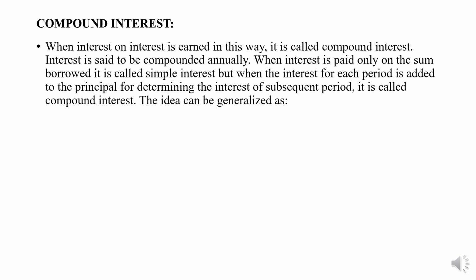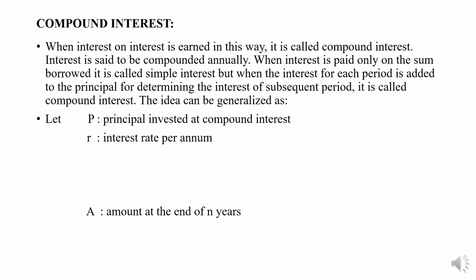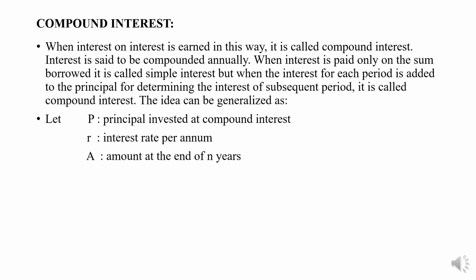is called compound interest. The idea can be generalized: we have P, which is the principal invested at compound interest. R is the interest rate per annum. A is the amount at the end of n years. So here at the end of n years the amount deposited is,